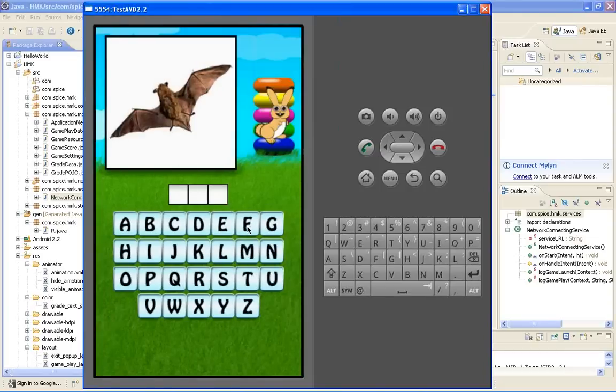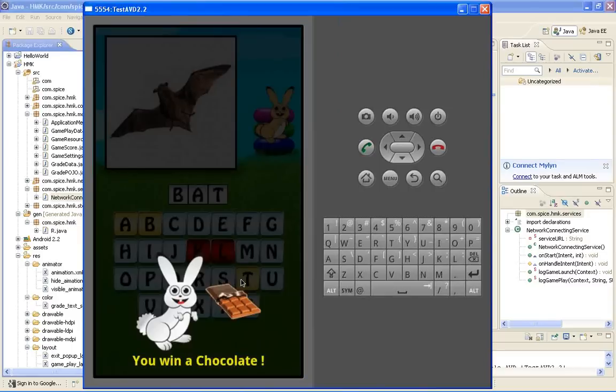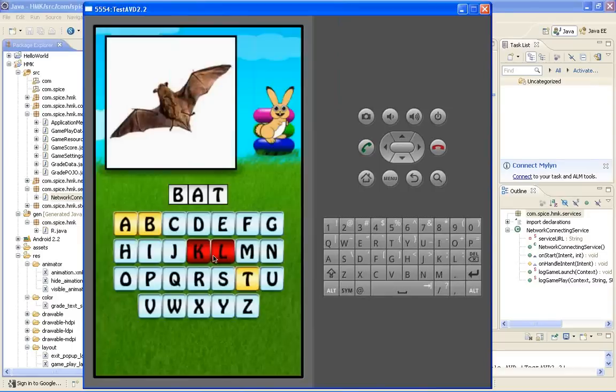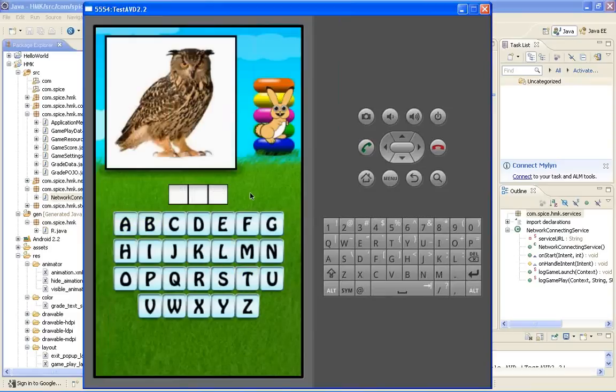And this is the main game screen where there's an image, there are letters that need to be guessed, right? A bit of animation where the animator has been used, something that engages the kids.